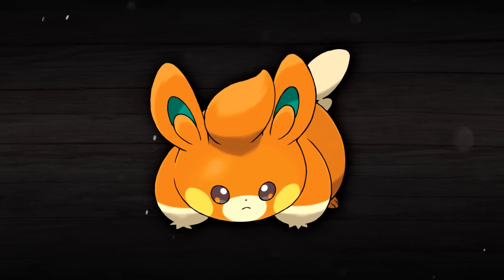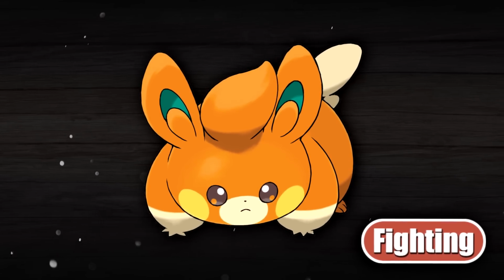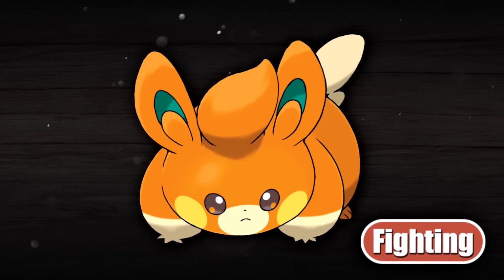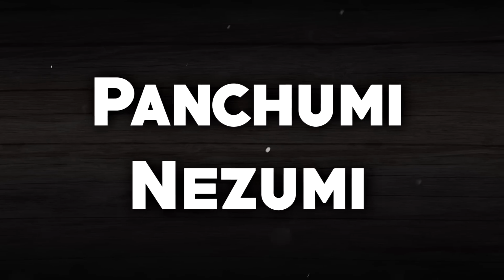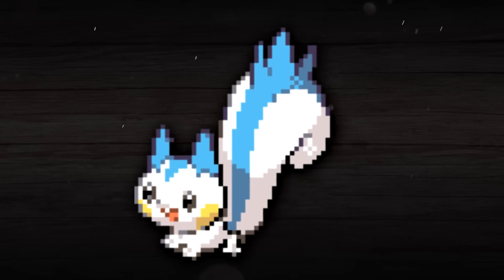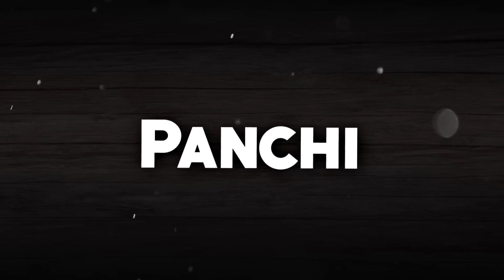And if you can believe it, there's also even more ways that adding the fighting type to a Pawmi evolution perfectly ties into Pawmi's design itself. And it all has to do with the origin of Pawmi's name. Just like Pikachu's name, Pawmi also comes from Nezumi, which is the Japanese word for mouse, and this is used because all of the Pikachu clones historically use Japanese words to make up their names. Additionally, it also comes from the word panchi, which is a word that can translate to punch in Japanese,